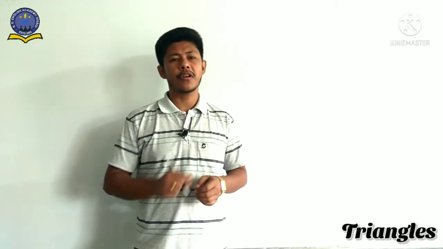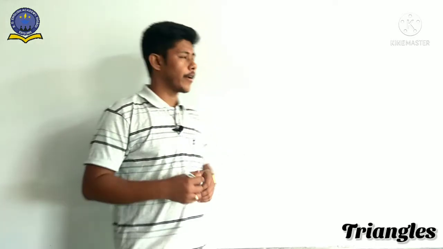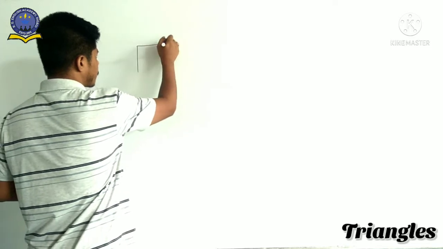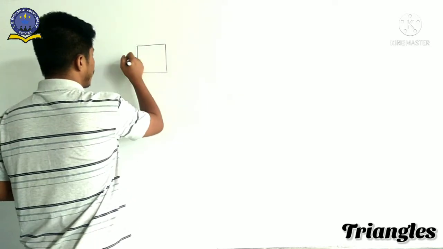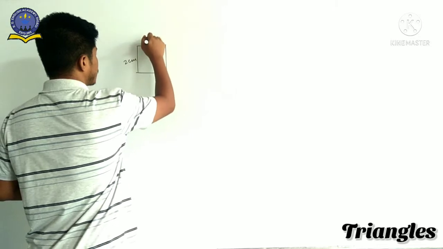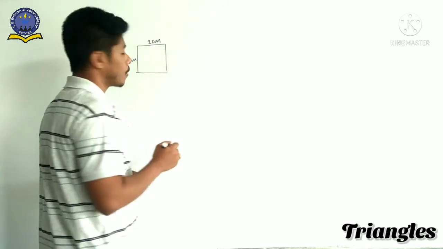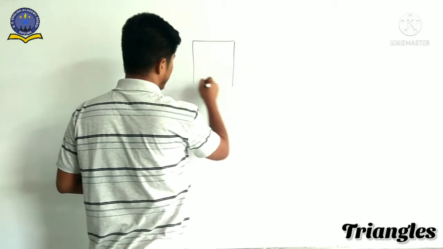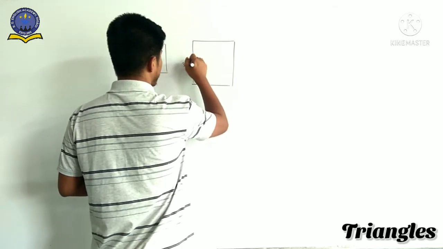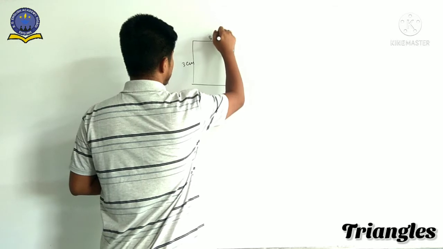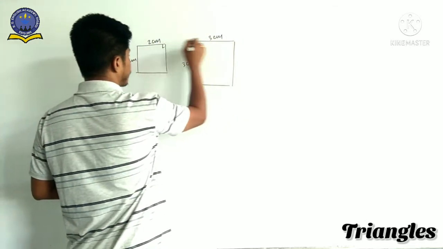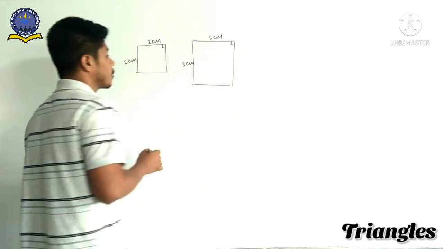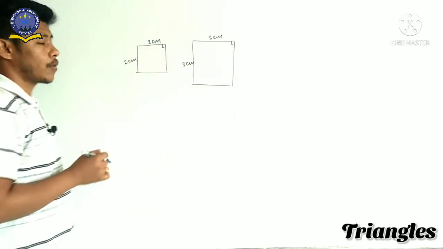So these properties are here we have to discuss. For example, if we consider a similar figure, suppose we consider a square of 2 centimeter, 2 centimeter. This one is a square, and another square here we consider. Suppose this one is of 3 centimeter. And all of you know each angle is how much here? 90 degree, isn't it?